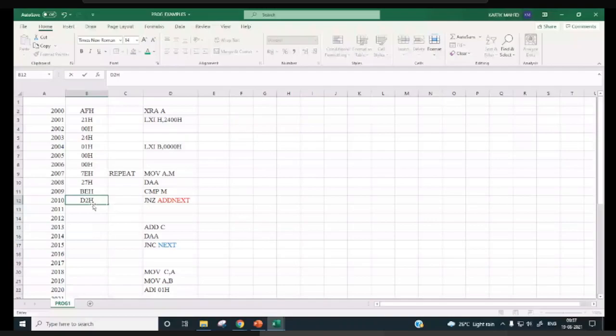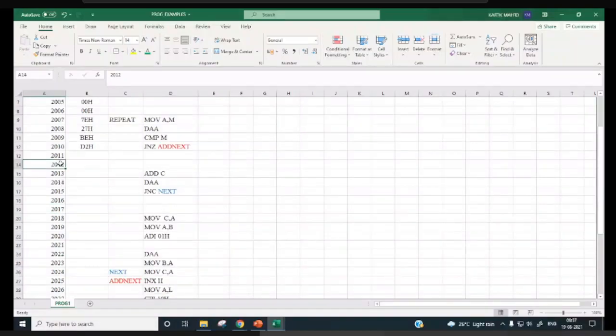Now in these two locations, we need its address. What does 2025 mean? This will be A, B, C, D, E, F, 0, 1, 2, 3, 4, 5, 6, 7, 8, 9.